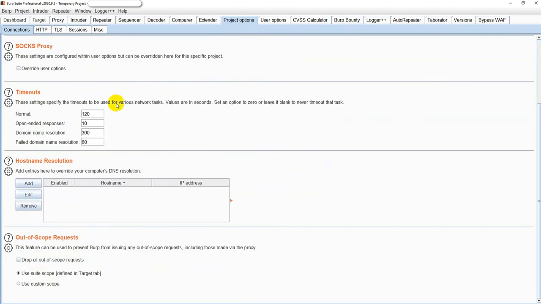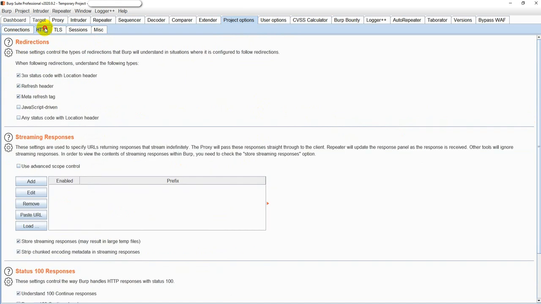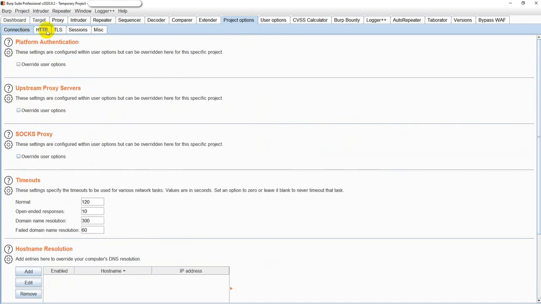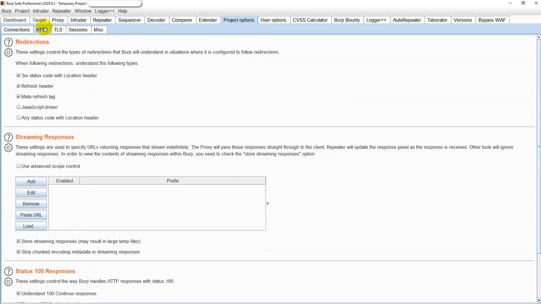Yeah, Project options is pretty much the same as the Community Edition. One of the important features is Platform Authentication, which I have never talked about in any particular video. This is really important. Most people face issues where they are not able to intercept with Burp Suite, and why, and all those things. So probably that is going to be a question from you, and if you have any question, you can drop that and we'll see what the issue is.